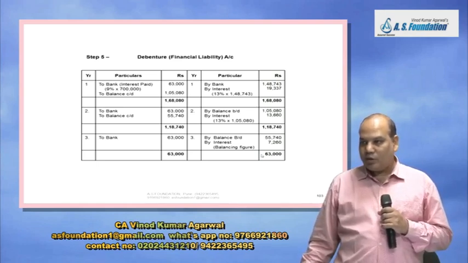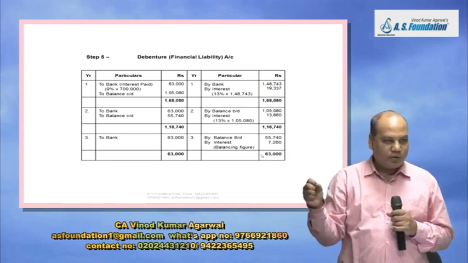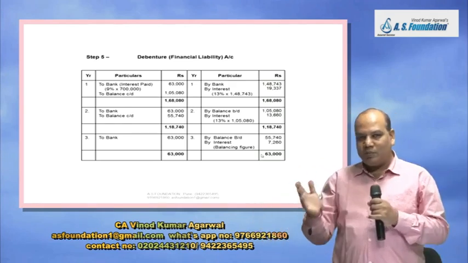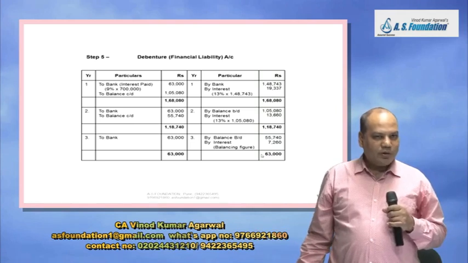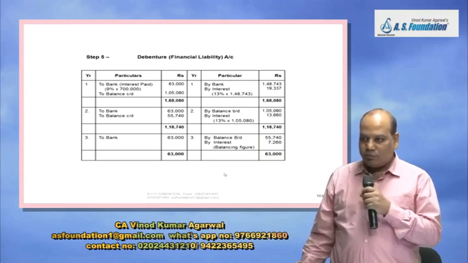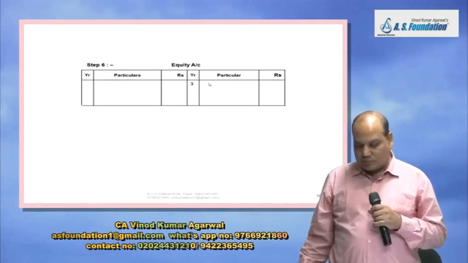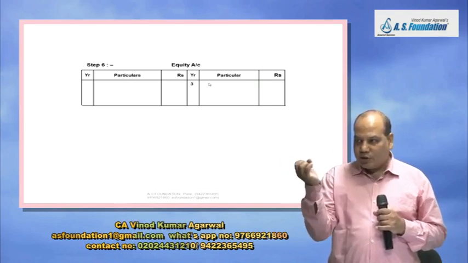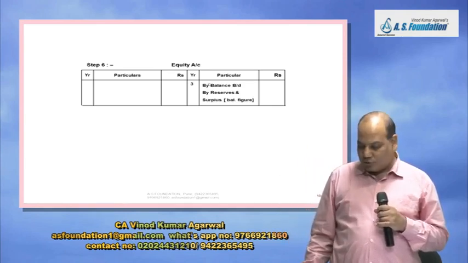And how will you prepare the equity account? Equity is not remeasured. First year you will write in equity account by bank, that figure which you have written, to balance carried down. By balance brought down, to balance carried down. By balance brought down, and in third year you are going to issue an equity instrument. So to share capital. If there is a difference, it will be adjusted in some component of equity only. So let us write the equity account also. Directly I am coming to third year. First year will be just by bank on the credit side, that amount you have written in the beginning, and to balance carried down, and then it repeats. Second year, opening balance, closing balance. Third year,